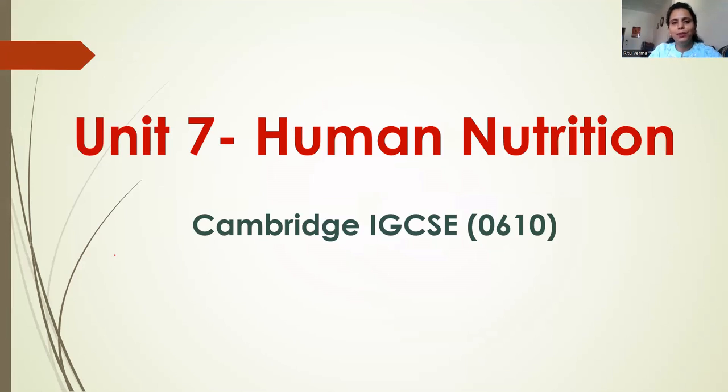Hi everyone. In the previous video, we discussed the process of absorption of digested food in the small intestine. We have also seen that the small intestine consists of millions of microscopic finger-like projections, which are known as villi. We have also discussed the longitudinal structure of one villus. So in this video, let's revise how the small intestine is actually adapted for the process of absorption of